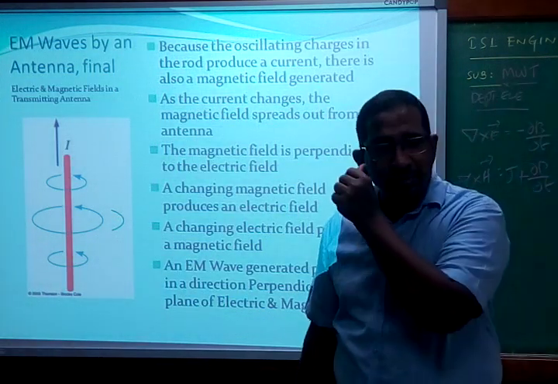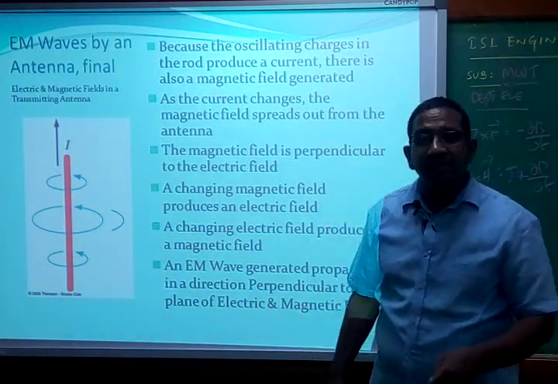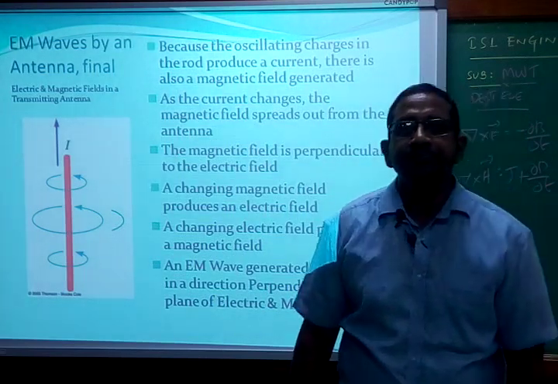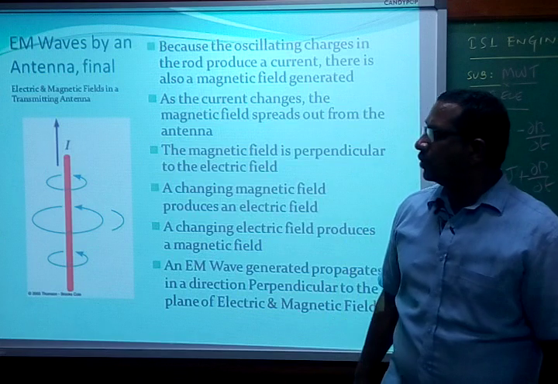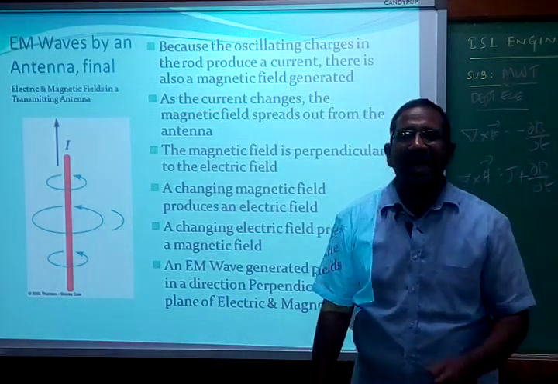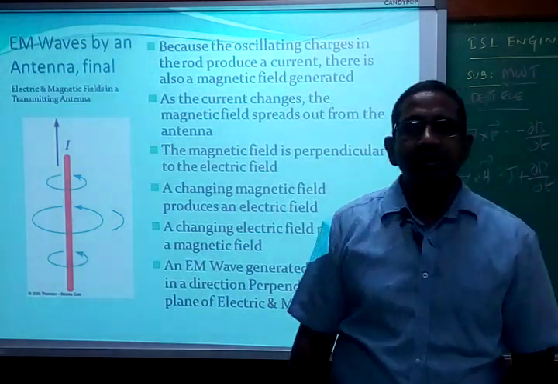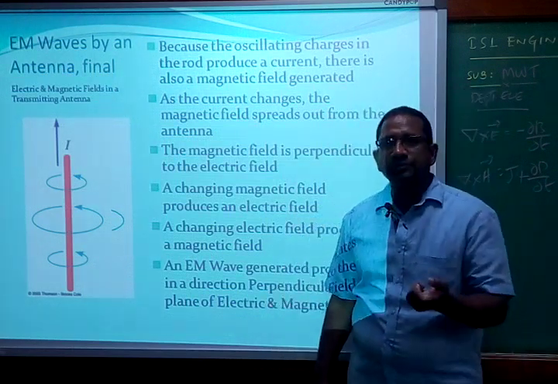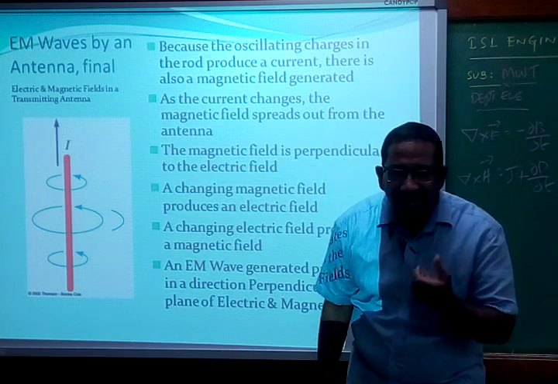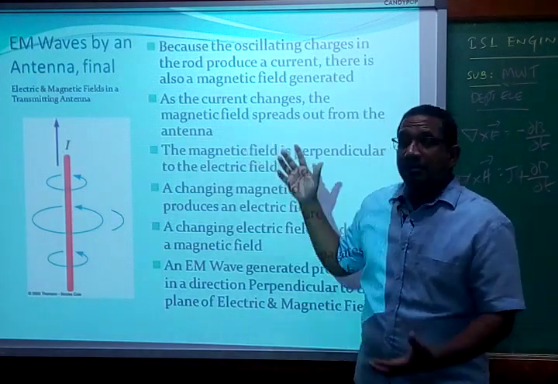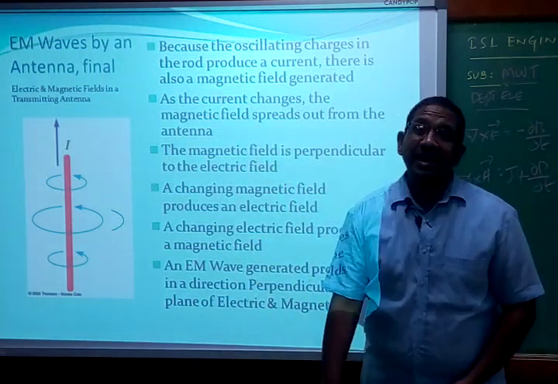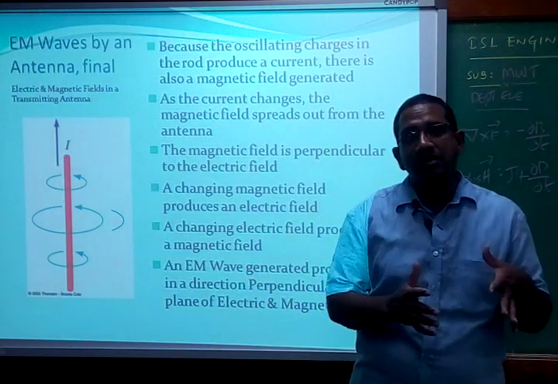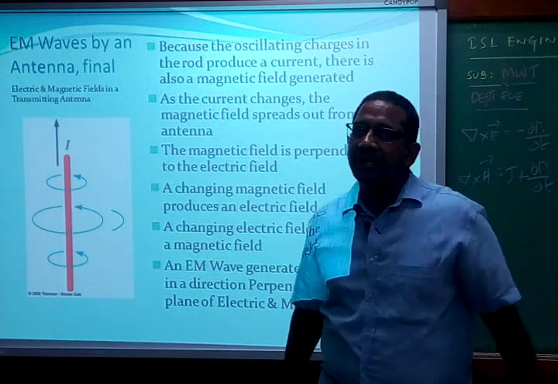See here what is happening, we have to generate an EM wave at last. What is an EM wave? An EM wave is due to the propagation of electric and magnetic fields. What does EM stand for? E stands for electric field, M stands for magnetic field. So the EM wave is a combination of electric and magnetic fields, and hence we can say finally, the EM wave is known as the child of the electric and the magnetic field.